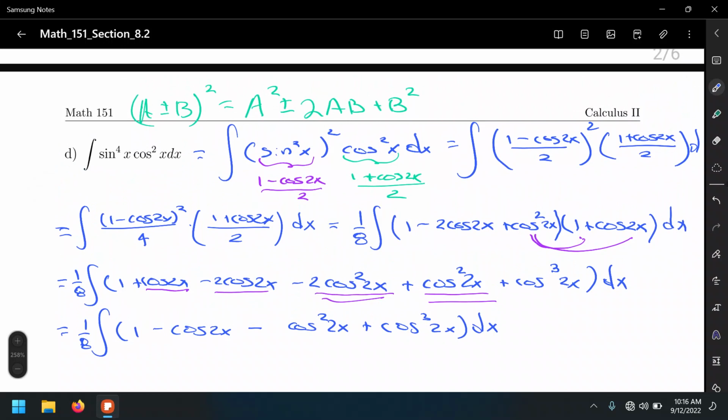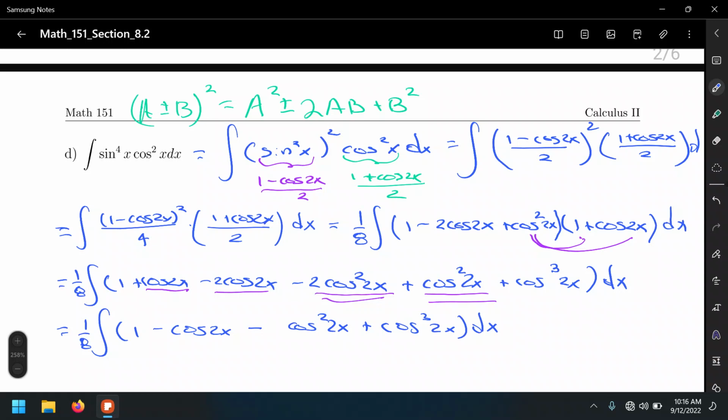If we distribute this integral into 4, which is the next step, we would be able to integrate 1 dx, which will be x, and we will be able to integrate cosine 2x. Those two are easy to integrate. However, the last two terms will require the strategies that we have been discussing since the beginning of this section. We're going to use, again, the power reduction formula, and